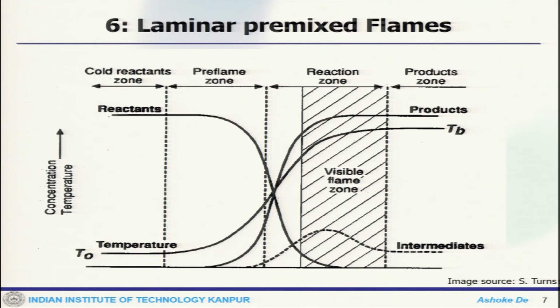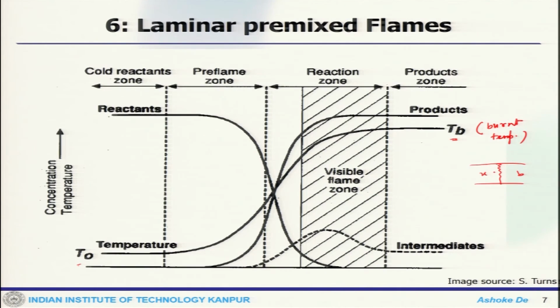Now, this is a picture of a freely propagating premixed flame. This is a very standard picture available in any textbook, and what it shows is the initial mixture, which is at the lower temperature. As it goes along, it reaches a final temperature. This is your burnt temperature, that means the other side of the reaction zone. If this is the flame thickness, this is my burnt side, this is the unburnt side.